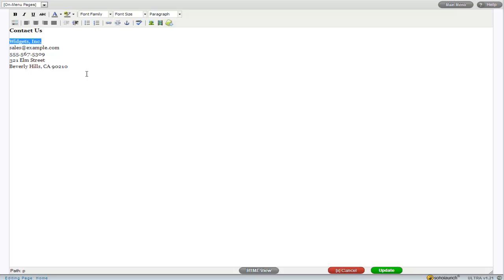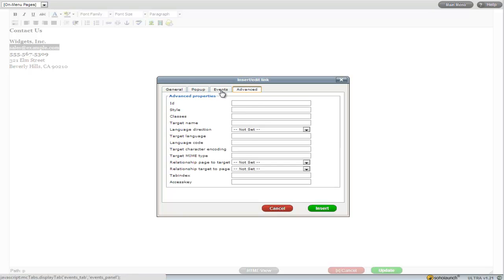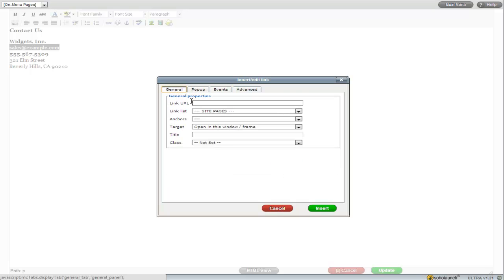So I'm going to bold this. I'll probably bold our phone number too, just to emphasize the important parts. And I'm going to make this a link to the mailing address, or to the email address. So I'm going to actually link it to, cut. Okay, so I'm going to link this to the sales email address, and the way to do email links is